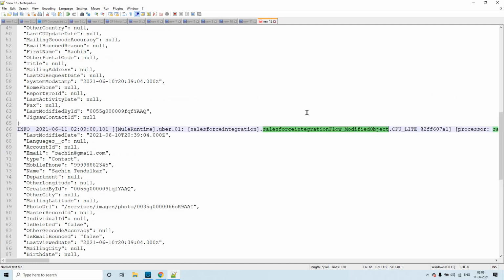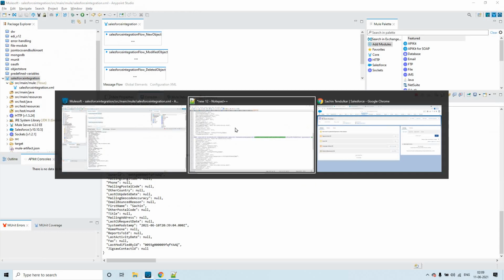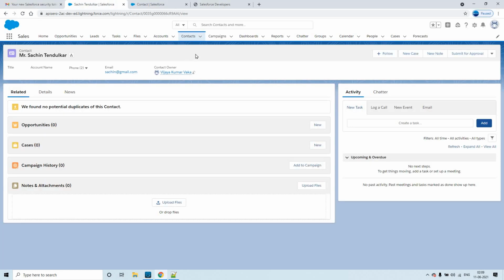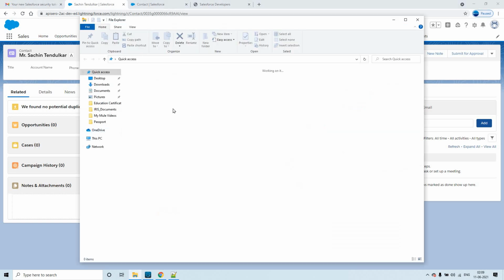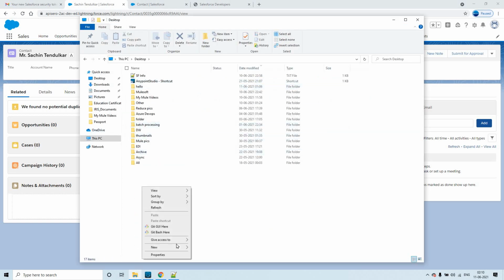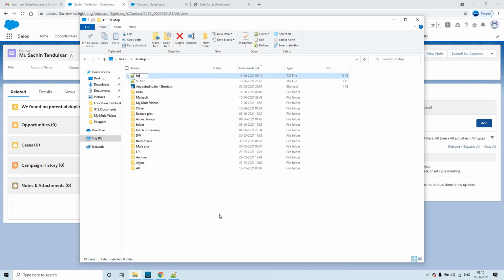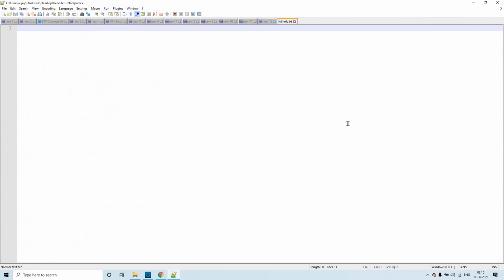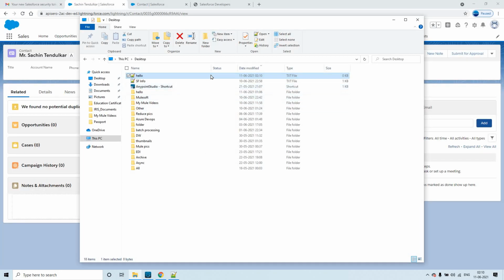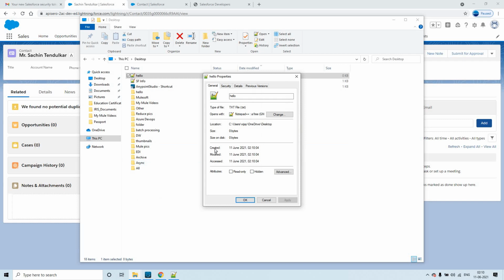So why did we get two, though we have created something newly? It is because, as soon as you create something, for example, if you create some file and check its properties, we have something like created as well as modified, right?